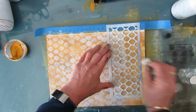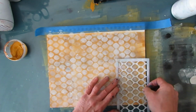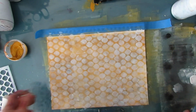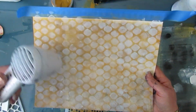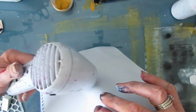So I'm bumping the stencil, moving it forward, lining it up, and continuing. I love stencils where you can do that. It's easy to move it without worrying too much about lining up. It makes it easy. So I'm giving that a quick dry, and I'm going to add another layer of stencils